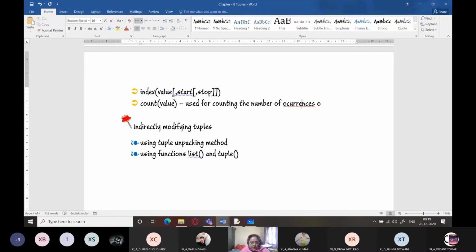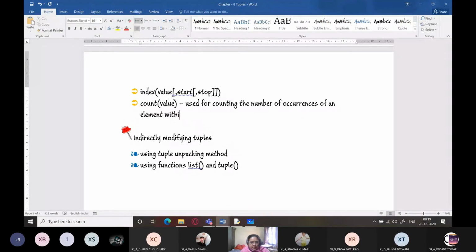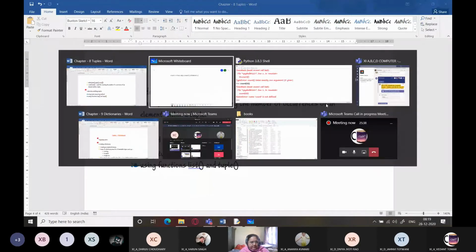What is the correct spelling? Occurrences of an element within a tuple. So it is used for counting the number of occurrences of an element within a tuple.